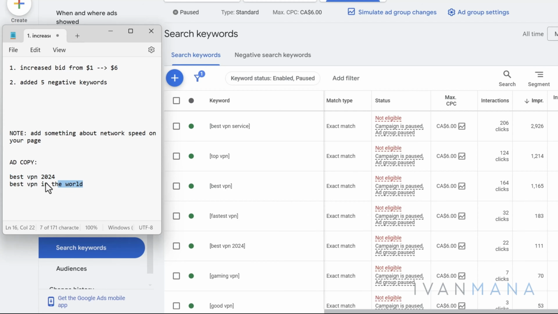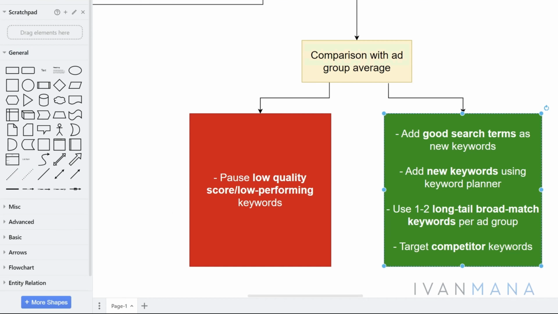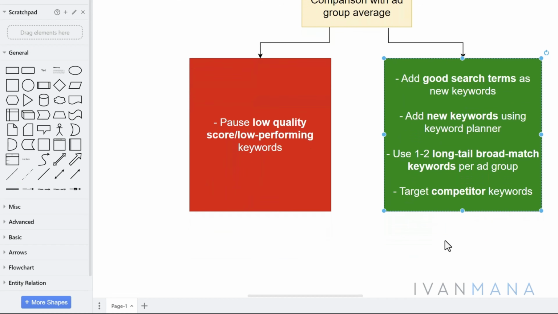Best VPN in the world doesn't have enough data yet to just put it as a separate keyword. However, once we start running data again without that VPN negative search term, then we could potentially put this as a broad match keyword, and we could get data and new ideas that way. And then we can target competitor keywords as well. So these are the strategies if you want to scale. So if you see that your keywords are doing very well, then this would be the more so go-to